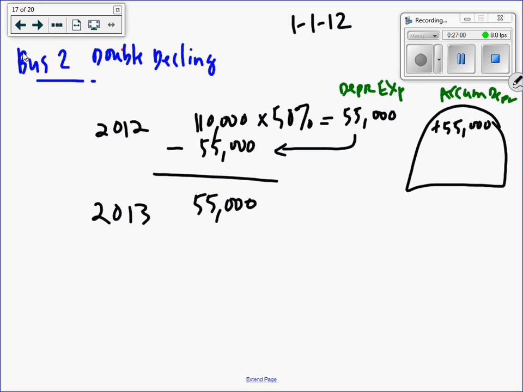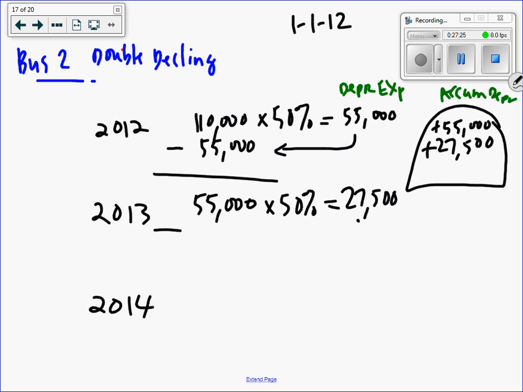You got to just remember, double declining is just different. They calculate the stuff different. Okay, it's still going to have a 50% devaluation, equaling 27,500. I'm also going to get that added to the depreciation pile because now that depreciation pile is really growing. Before I can go on to 2014, I have to stop and say, okay, this $55,000 bus now lost another 27.5,